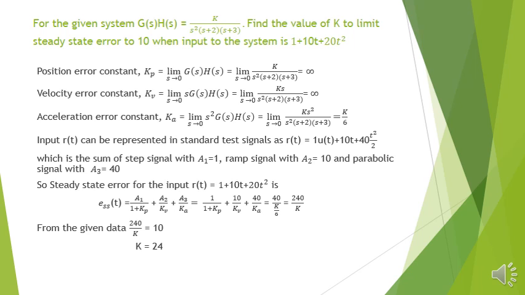So numericals on time response analysis are easy. The only thing is, you need to analyze the problem statement properly. Based on the question statement, if you need to find the time domain specifications, then you need to find zeta and omega from the given data and substitute in the formulas. And if you are asked to find the steady state error, you need to find all the error constants and then apply the formula. Thank you.